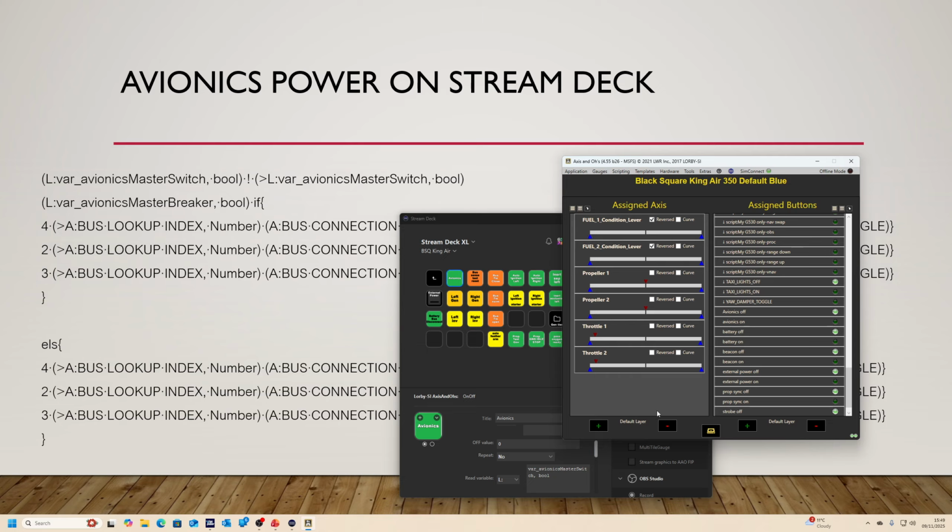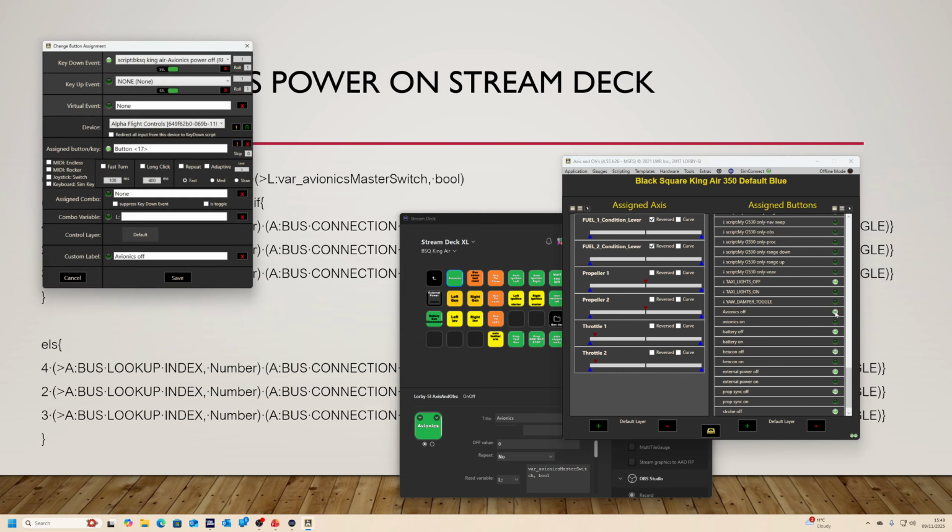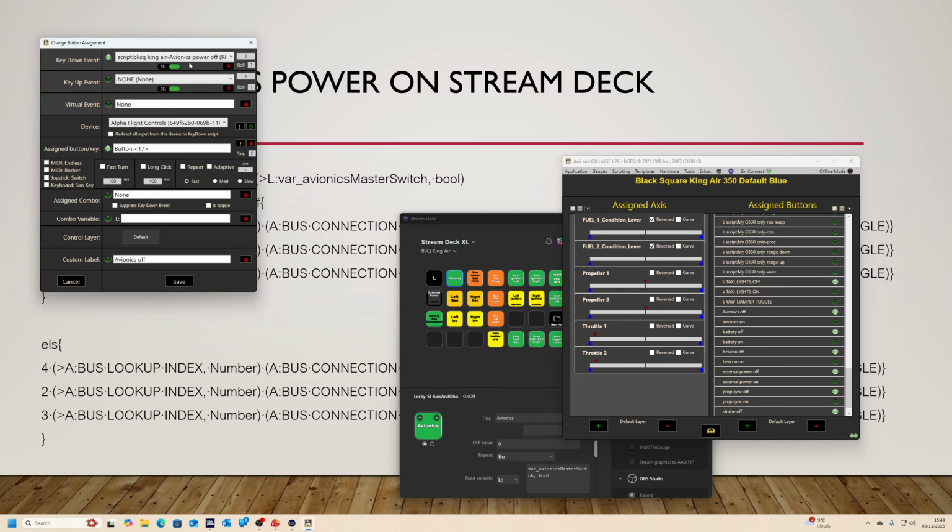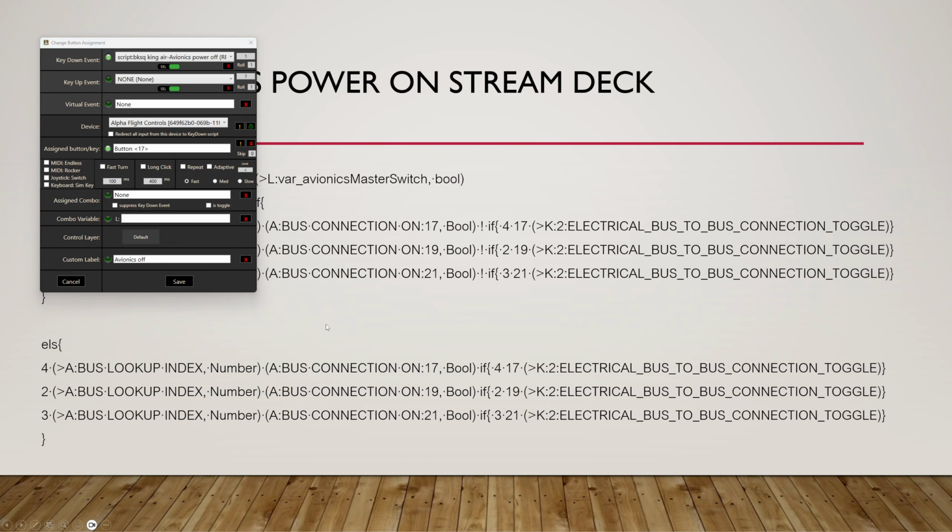a switch that's actually on the yoke. So I've got an avionics off and an avionics on, and one's calling the off script and one's calling the on script, and the scripts look like this. If I bring that to the front,